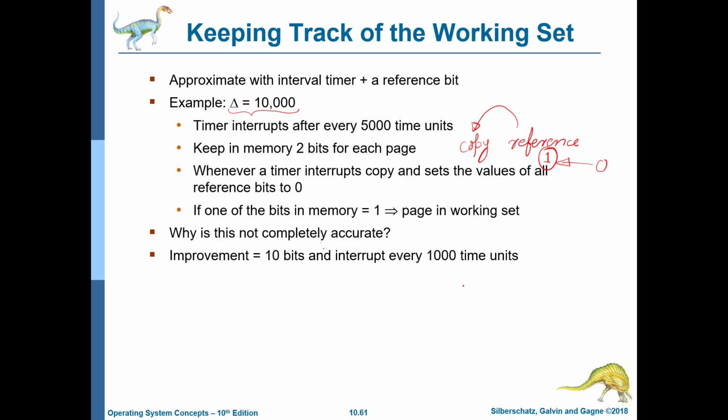And so we can have a smaller interval. The smaller interval could be that we interrupt once every 1,000 time units. One advantage of this is that maybe a certain page was brought in and before the timer passed, before delta time units passed, the page was again swapped out. It was replaced and swapped out. So in this case, we'll have no record of the page, because it was brought in and then it got thrown out. So we might end up slightly underestimating the working set.